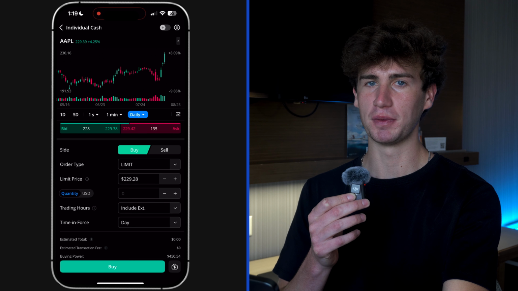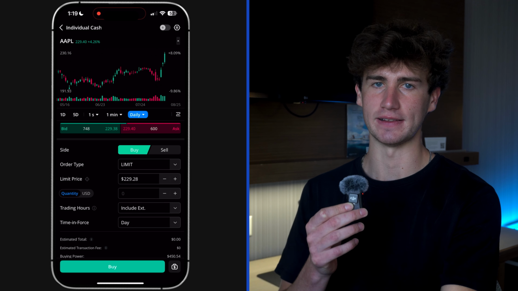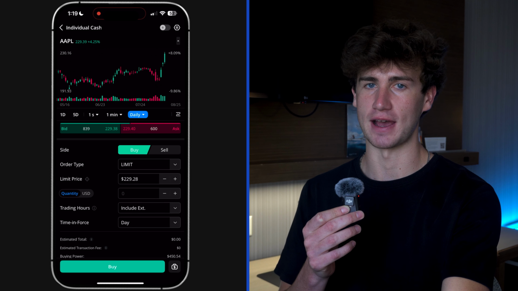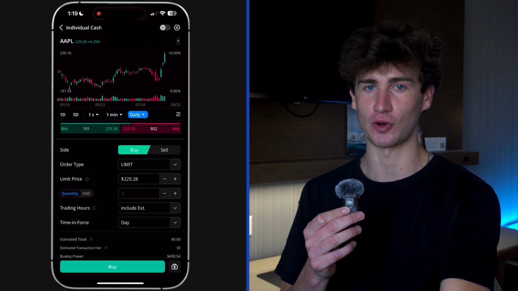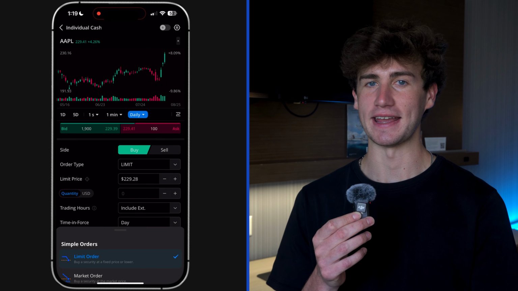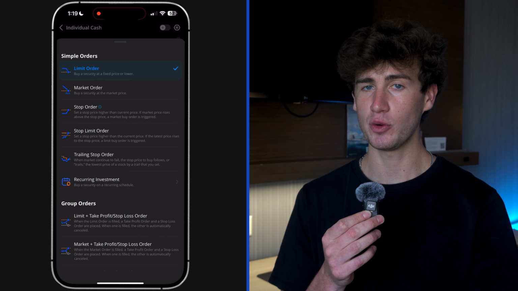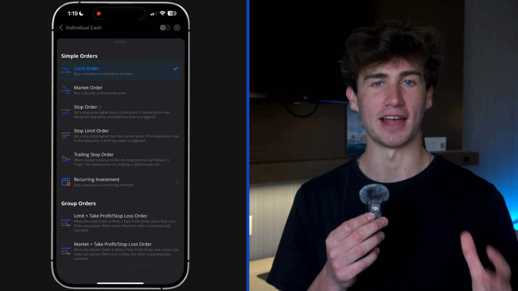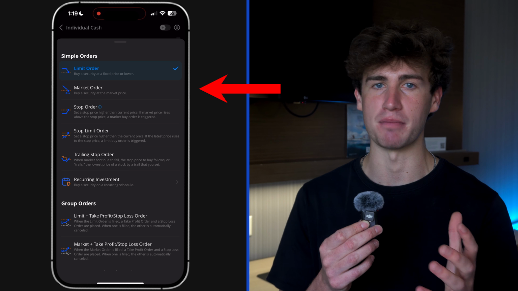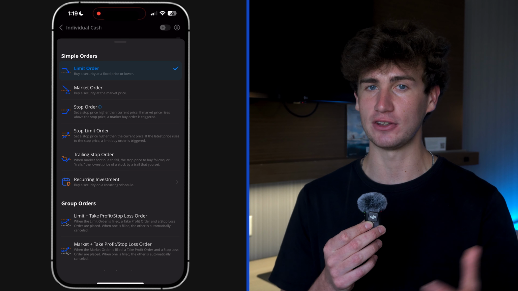Now, this screen probably looks confusing, and that's completely normal, but knowing how to fill this out is key to not messing up your trade, so let's walk through it. Make sure buy is selected, then you'll choose an order type. This is what decides how your trade actually goes through. As a beginner, you need to know how to use a market and limit order, so let's place 2 orders